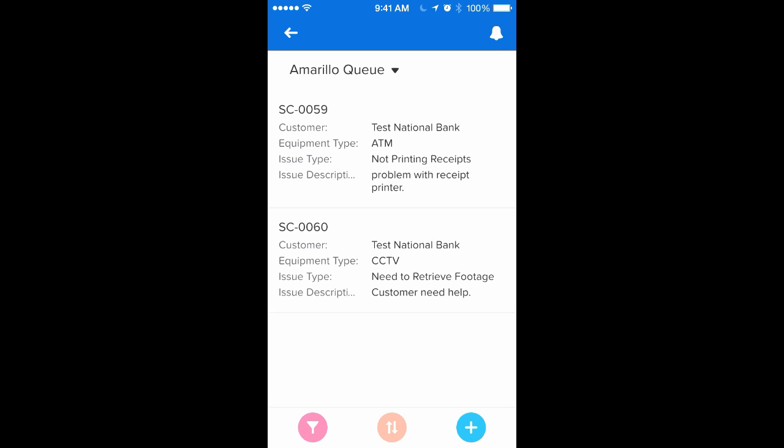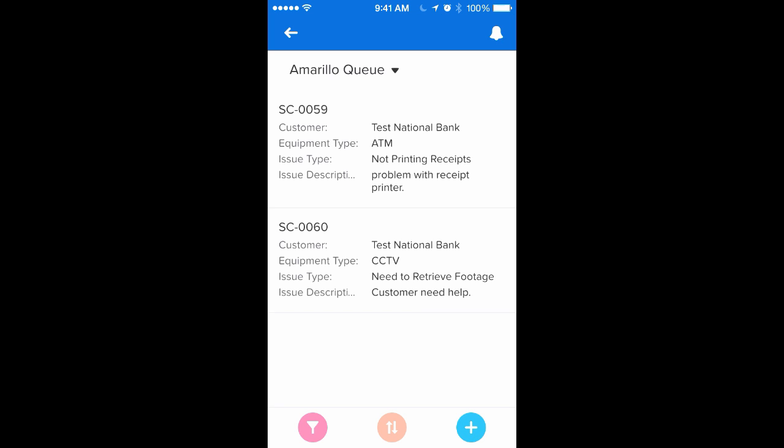On your screen, you may have one that says recently completed calls. It may say incomplete calls. It may say parts pending calls. But your calls will be organized on this screen, and any calls that you have assigned to you that are open will be accessible to you on your app. Let's go ahead and dive into one of these, and I'll show you how to